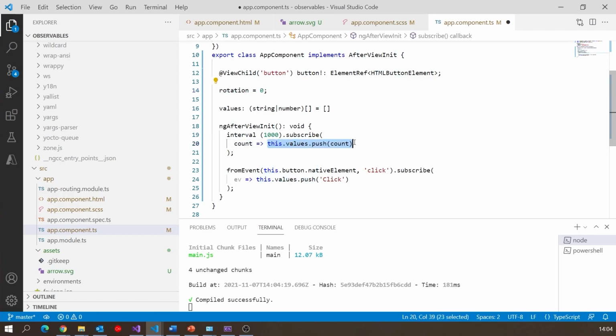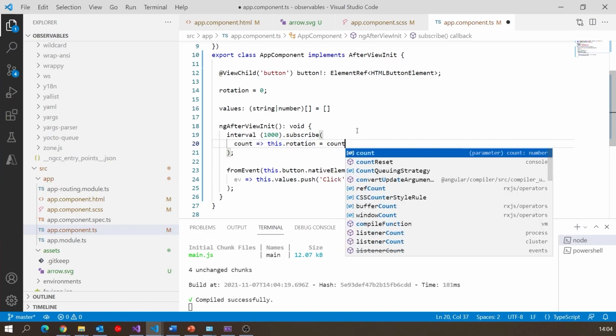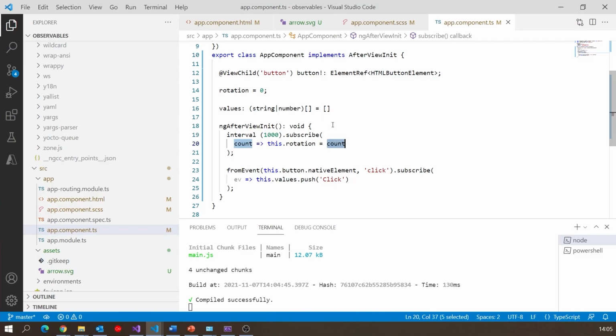So what we're now going to do is simply in here say rotation equals count. And so now if we look at that, we should be able to see that it's clicking on every second and starting to move around. But it's not precisely what we want, because if we want this to represent a clock, it should really tick once a second, which it's doing, but it should go around a 60th of the entire rotation if we want that to represent seconds. Now, there's various ways we could do that. We could obviously just do a multiplication in there, but it brings us on to the next really nice feature that we have with observables, which is the idea of pipes and operators.